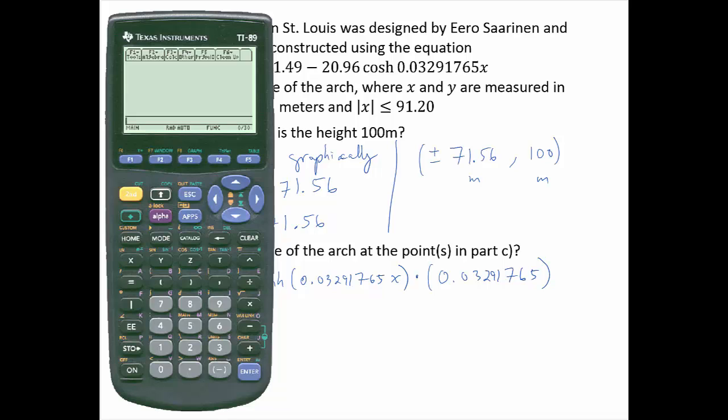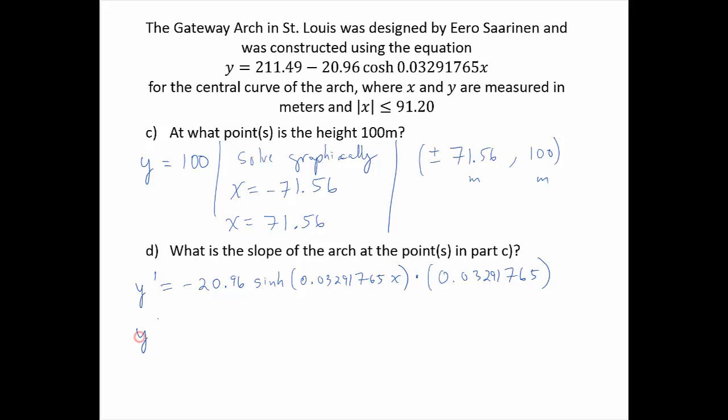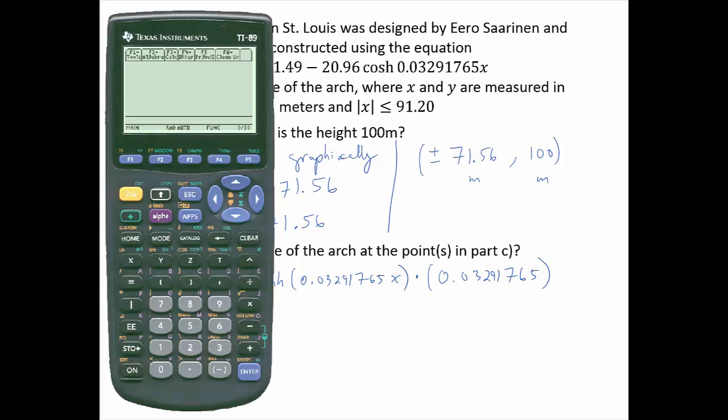So I need, what is y prime of negative 71.56? And again, then what is y prime of positive 71.56? Alright, so that would be then negative 20.96